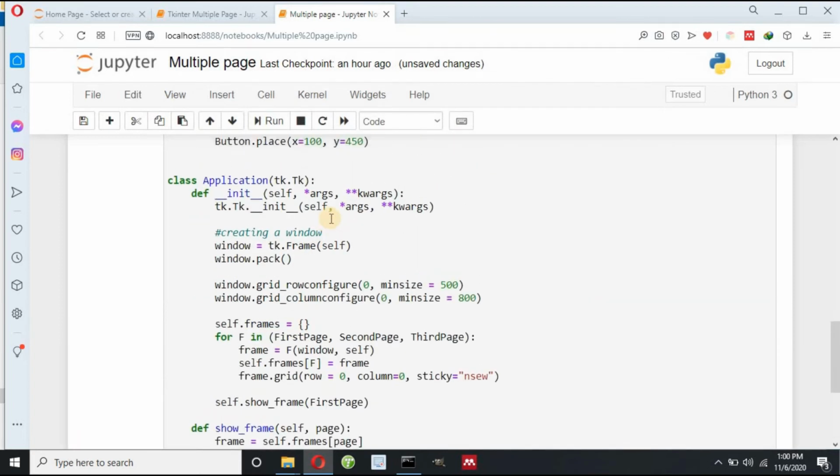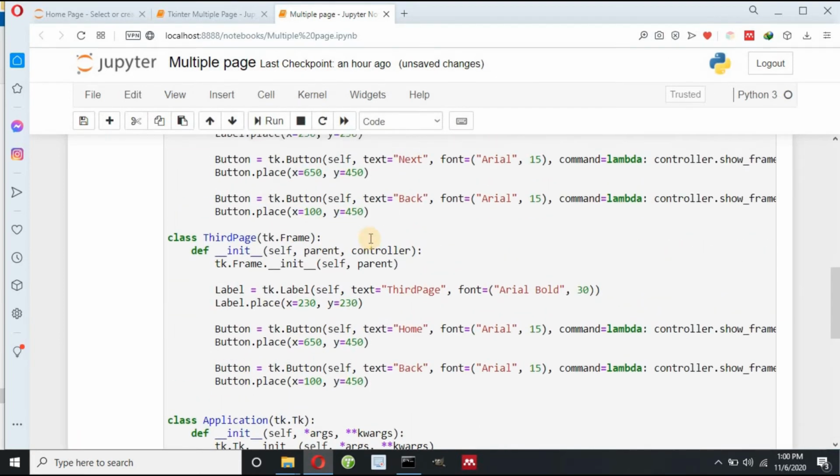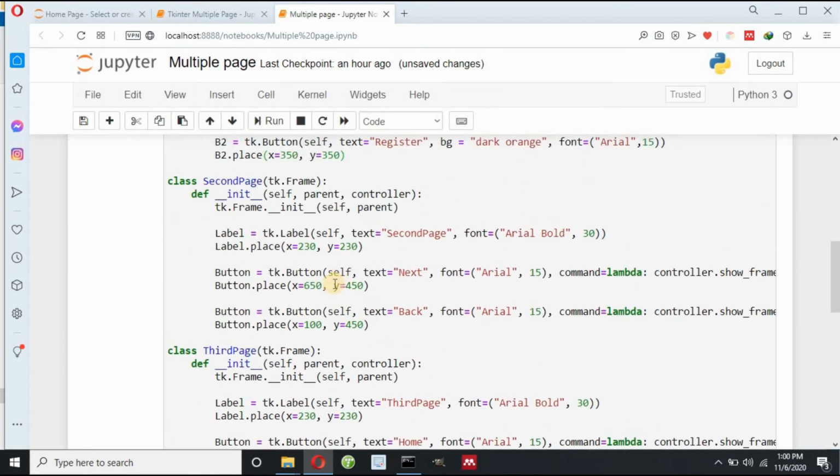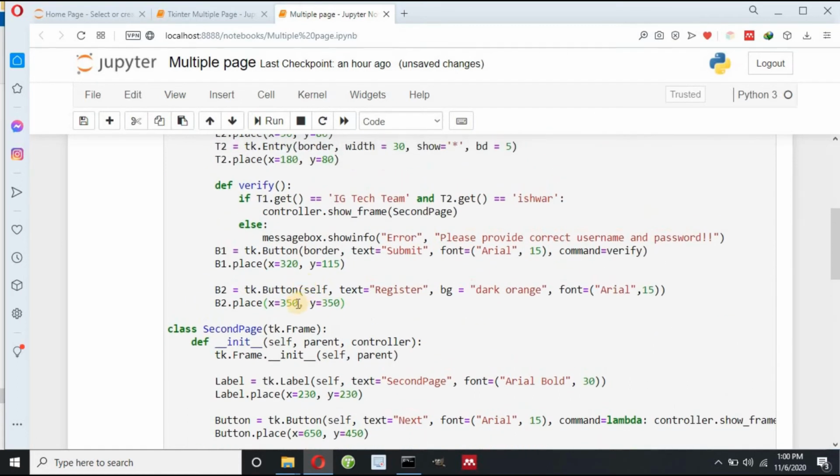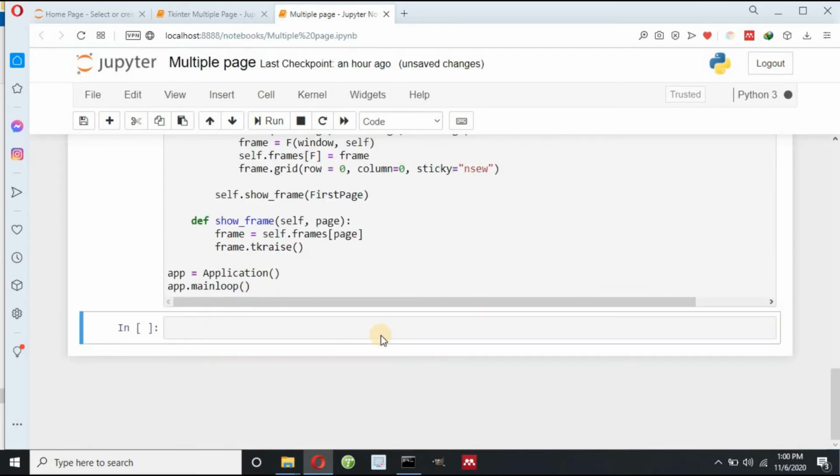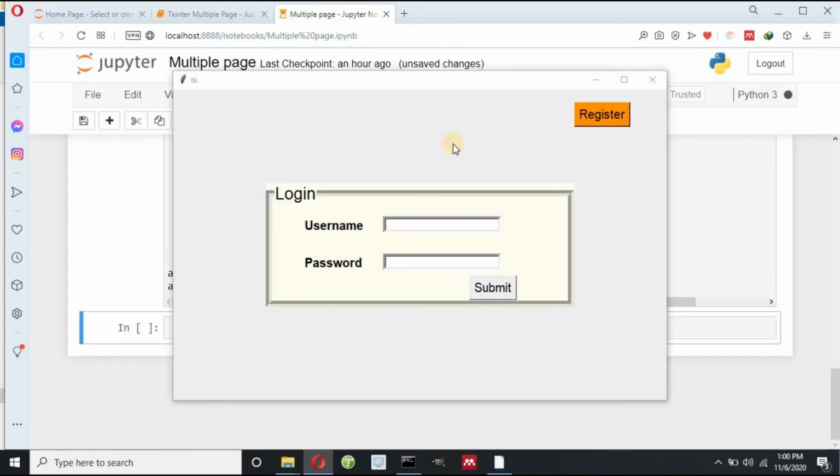So I have to decrease the y value and I have to increase the x value. So register, let me write x equals to, suppose, 650 and y equals to, suppose, 20. I press shift enter. Okay, this is now fine. Now when I click the register, then nothing happened because I have to define one function here now.